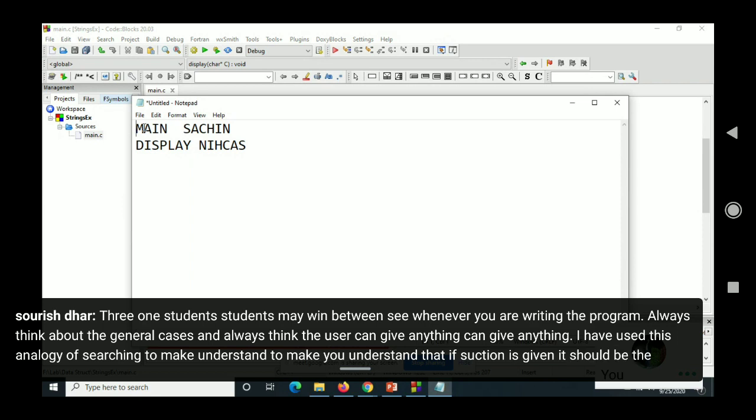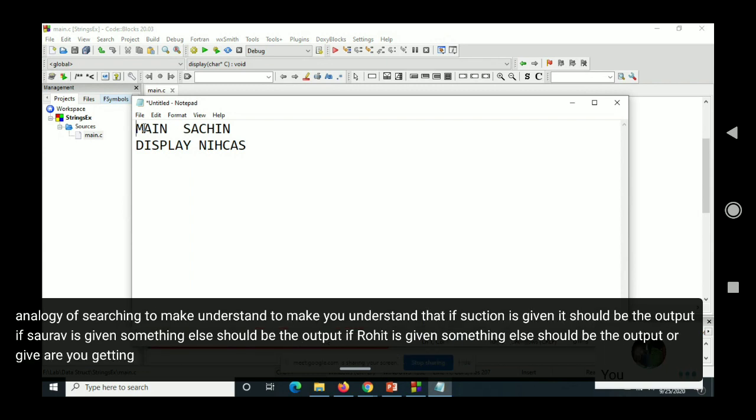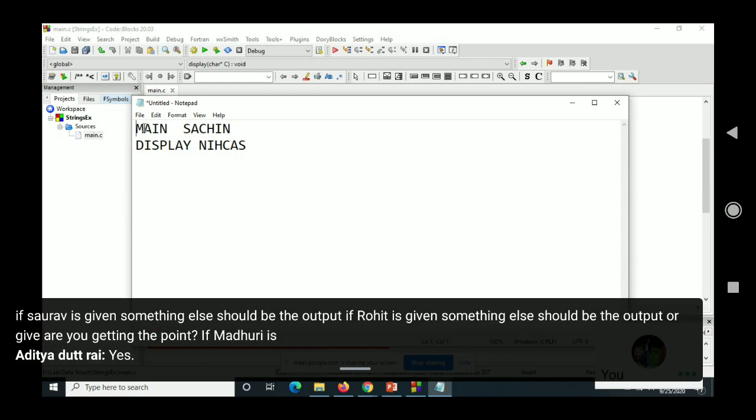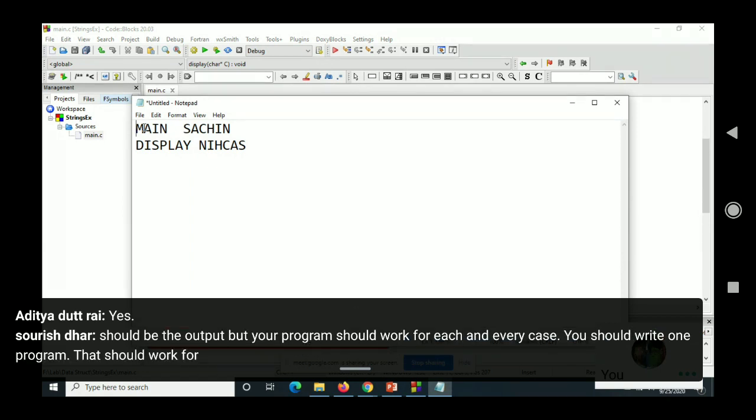If Saurav is given, something else should be the output. If Rohit or Madhuri is given, something else should be the output. Your program should work for each and every case. You should write one program that works for every case.